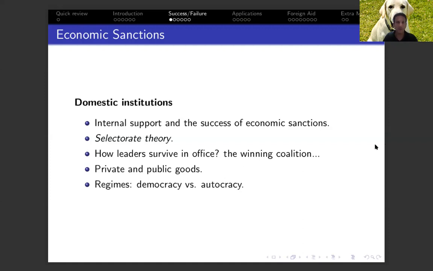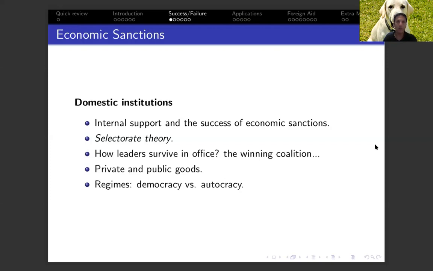And the problem in this case is that he cannot provide private benefits to all those people. Even the example that I talked about, giving a tax break to the wealthy. There aren't enough wealthy people in the United States to ensure, from a political standpoint, with voting in the elections, that the president is going to win the elections, right? He needs a lot more people than that. And that's the idea of why in democracies, the winning coalition is very, very large. And in democracies, usually the leaders can only provide public goods and not private goods.